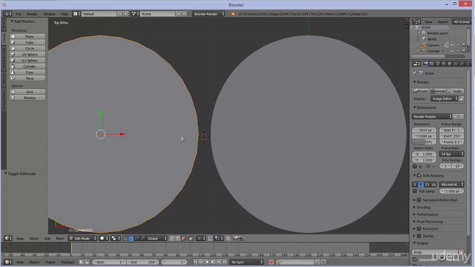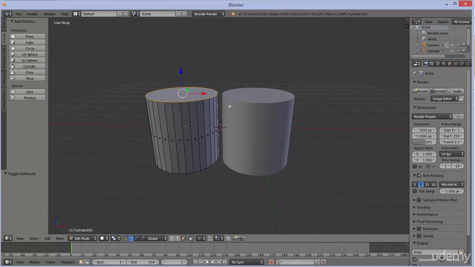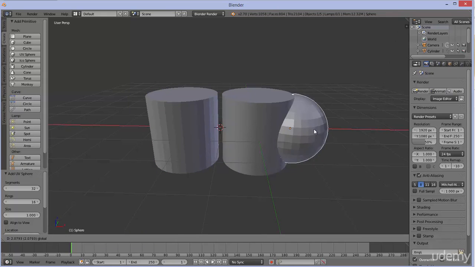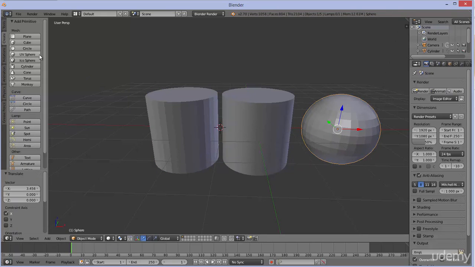The question to you is whether the person viewing this, in whatever way, shape, or form, is going to notice. So we can do that. You can make this kind of detail with cylinders. You can also do the same thing with UV spheres. So we have a sphere here,